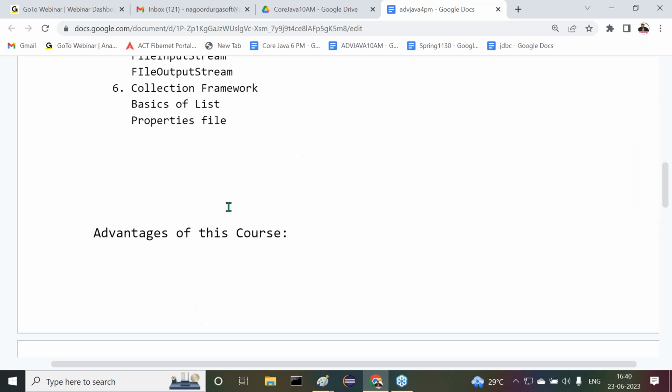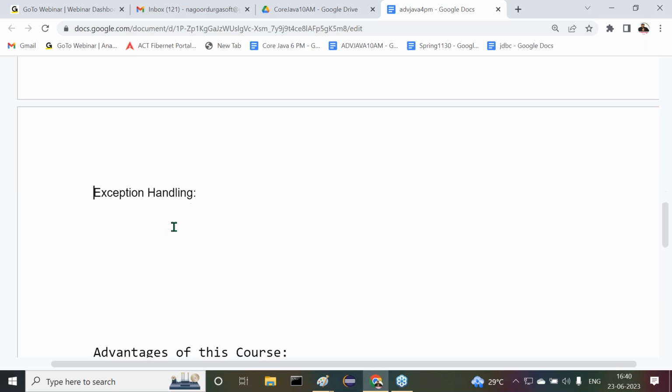All right, sir. Now let's move on to the punch here. Now in the prerequisite part, I'm going to talk about exception handling. See this clearly.